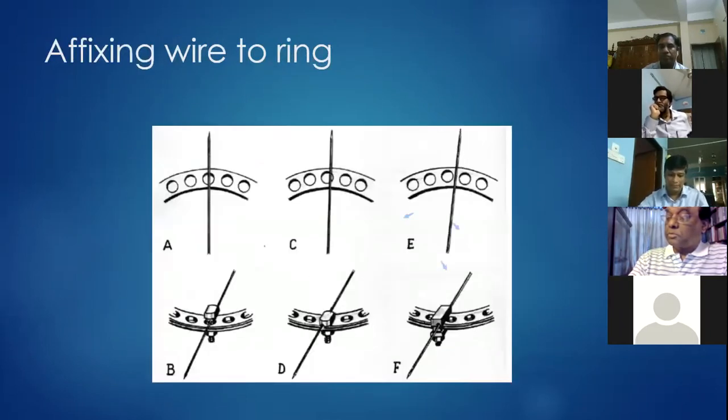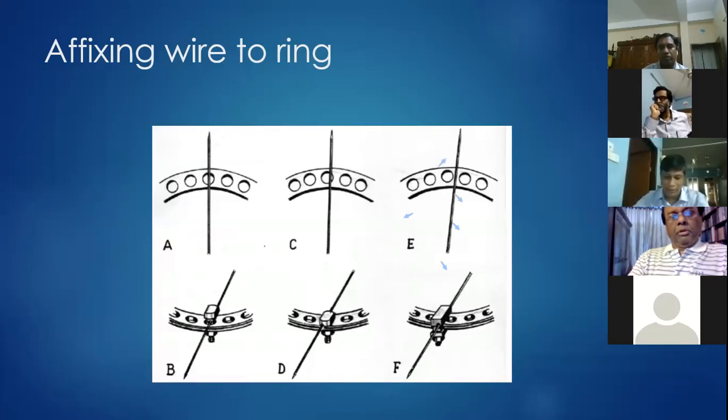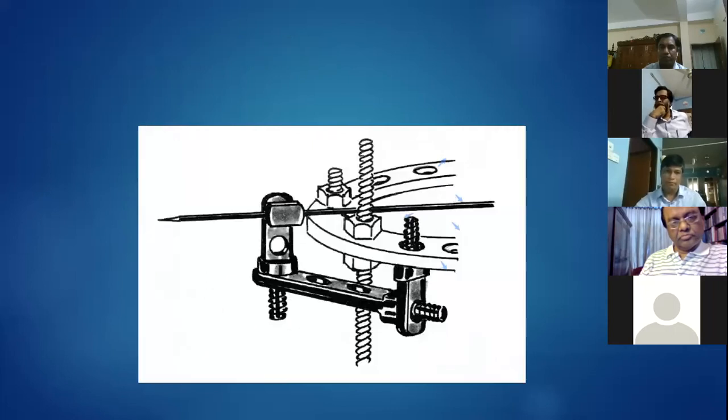Affixing of the wire to the ring. The three possibilities for wire and ring hole position are: wire over the middle of a hole, wire near the edge of a hole, or wire between the holes. So we use a cannulated wire fixing bolt when the wire is in the middle of the hole, near the edge we use a slotted wire fixing bolt, and when the wire is situated between two holes, we use a buckle. In some cases, wire fixation must be performed away from the ring wall. In this situation, a combination of supports is introduced into the nearest available hole and is brought to the wire,